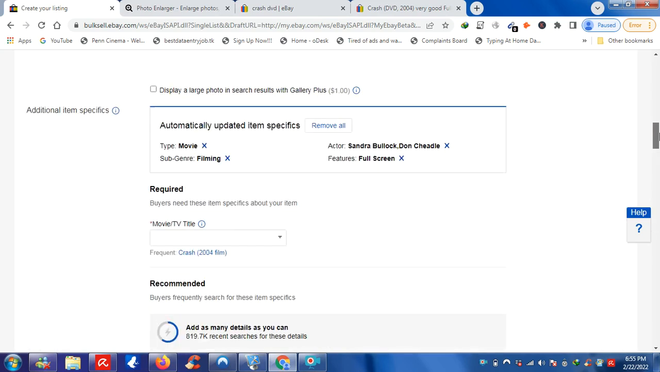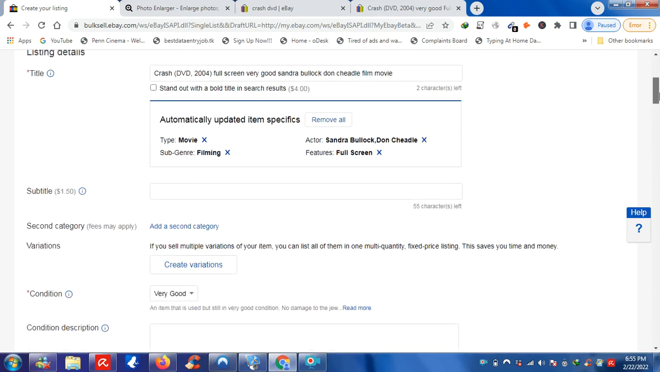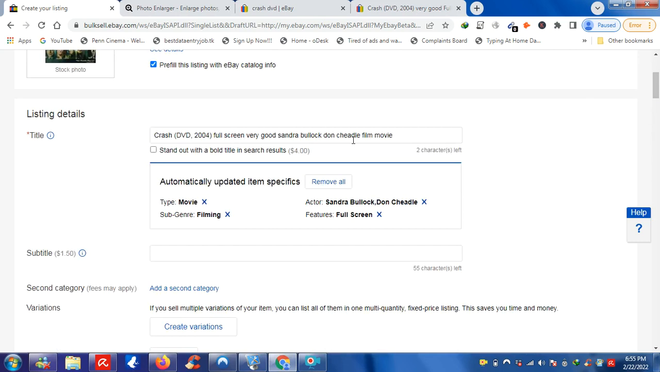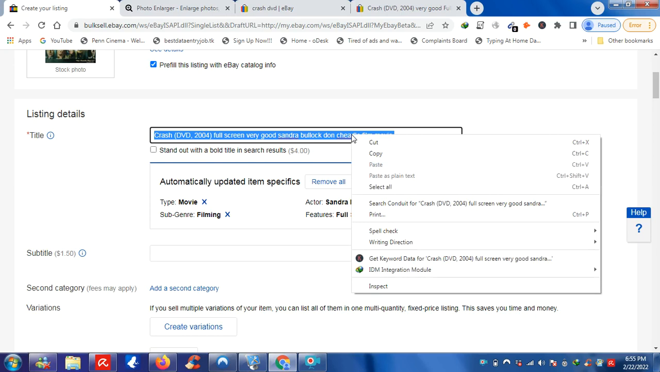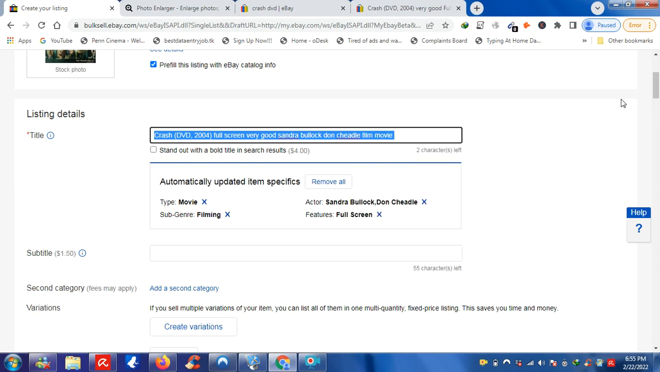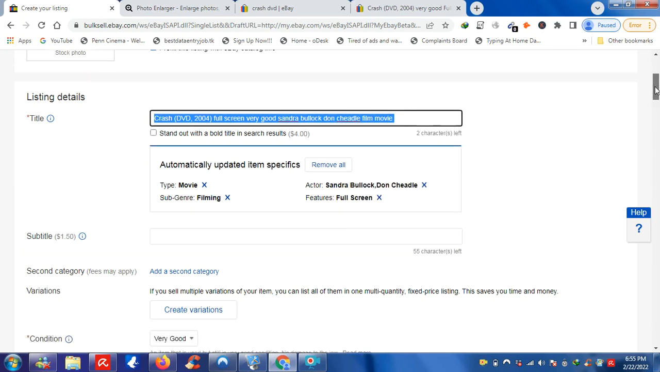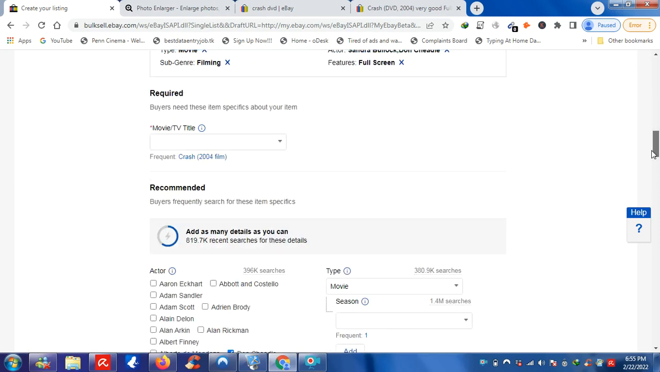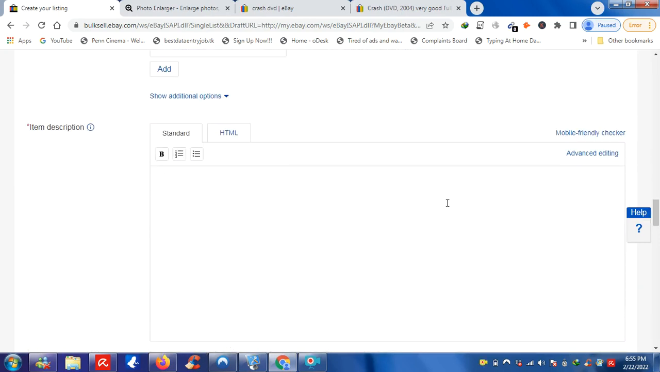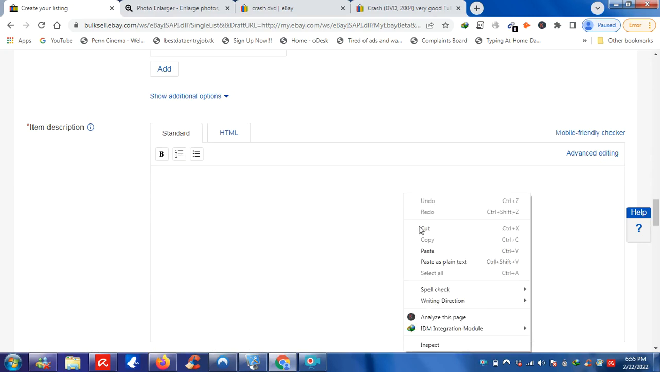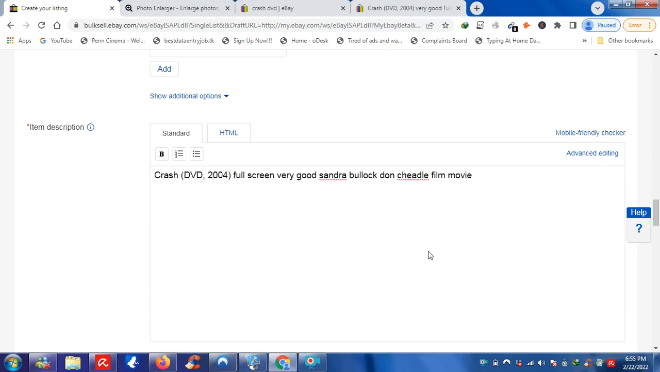You want to come back up to your optimized title, copy that, come back down to your description, and paste that right after your movie description. So you want to keep that in there, because look, now you have not only an optimized description that's going to rank,